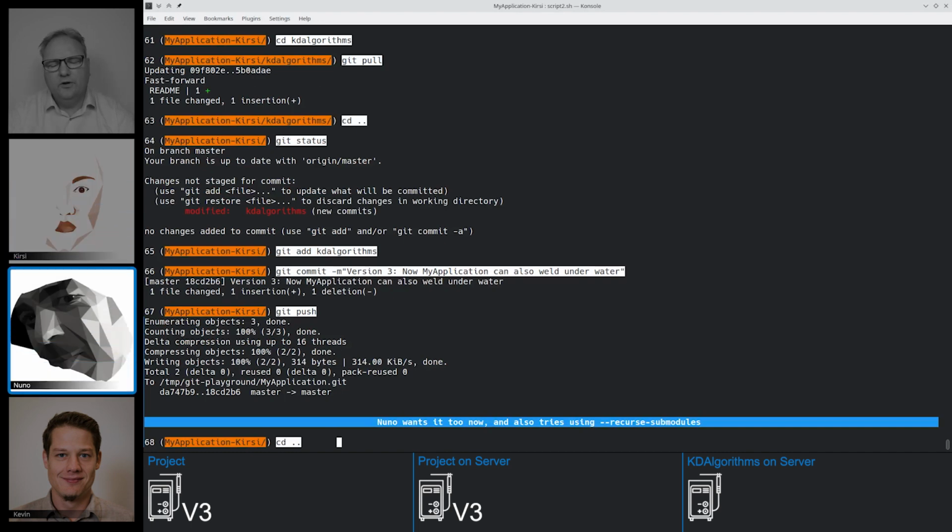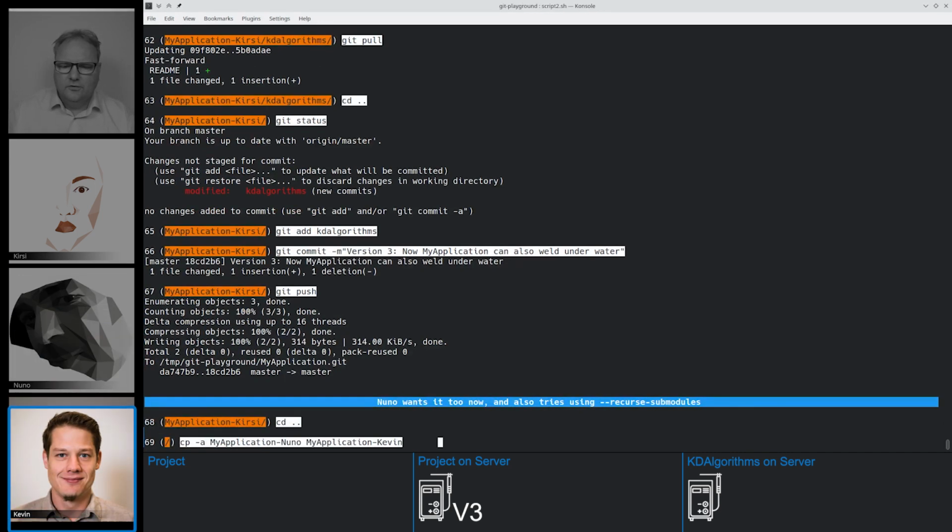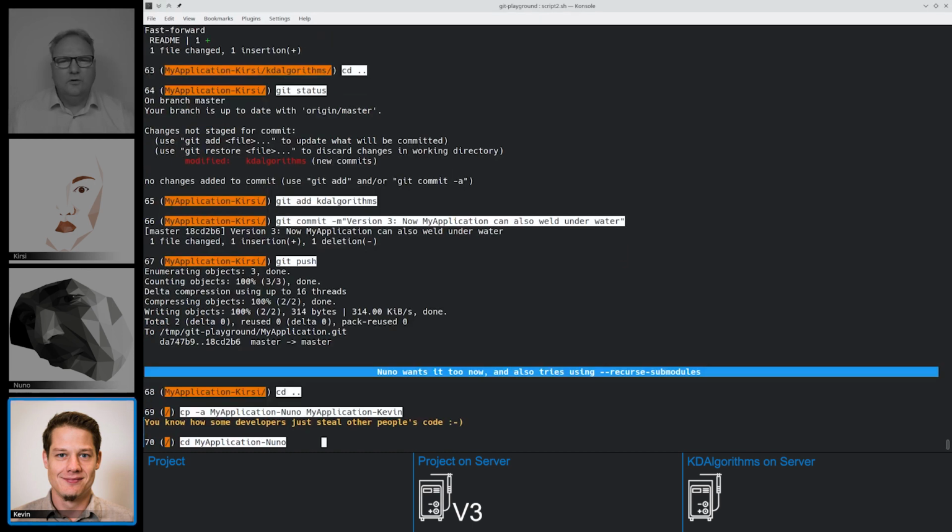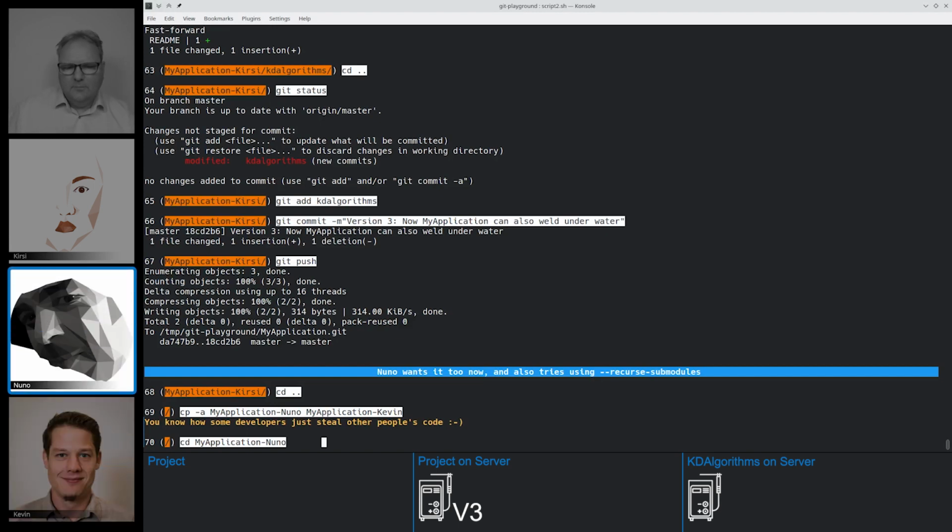Nuno also wants it, and he tries the -recursive submodule. Let's see what that looks like. So first of all, Kevin comes around and makes a copy of Nuno's. Well, we know how people just copy other people's stuff. I just needed that in my script here. cd application